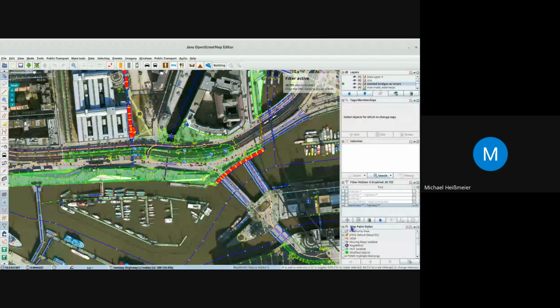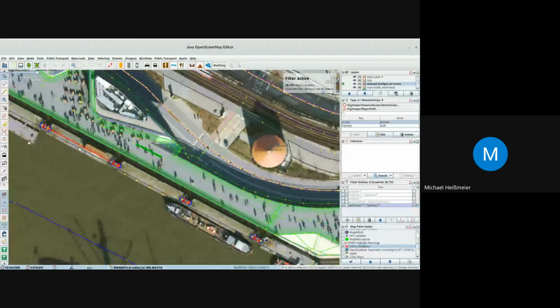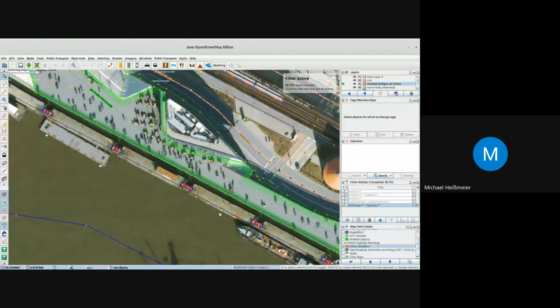So the reason for that is there is a very interesting map paint style which I can highly recommend, and that is Inline Validation. It's part of the standard, so you can find it in the options. So if you go to F12 and then to the plugin tab, you can find the Inline Validation tab. Inline validation means that it highlights all sorts of problems it can find. So for instance, missing layer or wrong value. What's the point here?